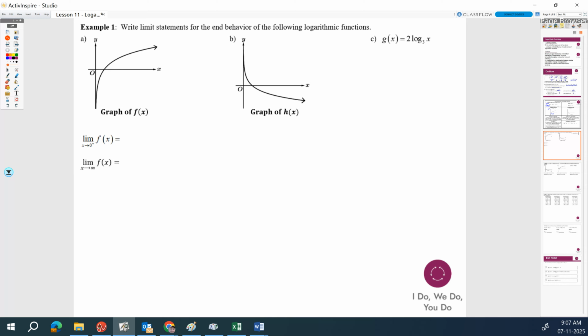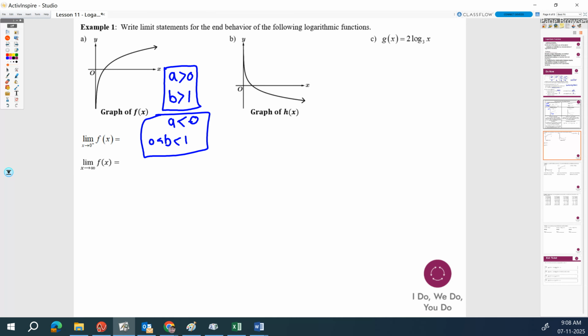So it just reflects it. Let's say we have a as being positive. This would mean that b is greater than 1. So if we know that a is positive, then b is greater than 1. If a is negative, b would be